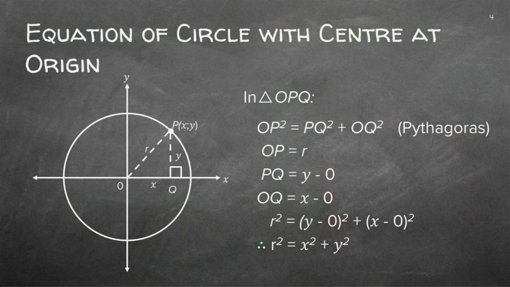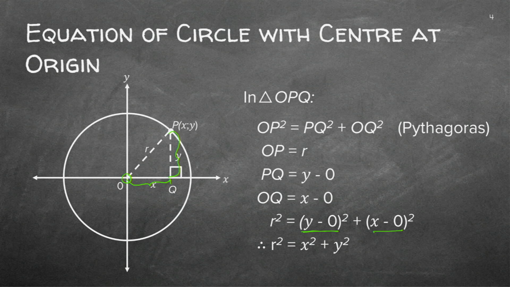Now, you all know the theorem of Pythagoras. I do not even have to say anything about that. I'm sure in the middle of the night you can tell me what it is. So what we're doing here is just the theorem of Pythagoras. There's the y distance. All we did here was say that the y distance is the top y minus 0, because remember we've got the point 0. And the same with the x distance: it's this x value minus 0. Because we say minus 0, we can just ignore the zeros, and there's your Pythagoras' theorem. So r squared, which is your radius, is always equal to x squared plus y squared.